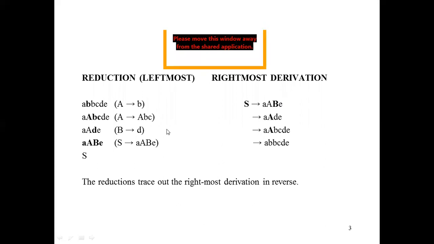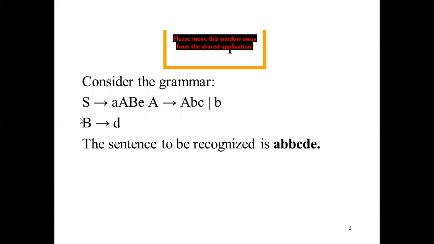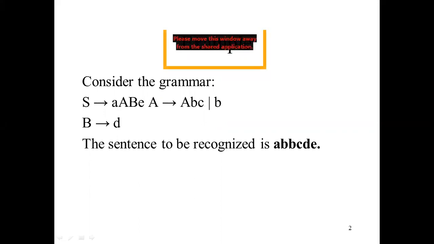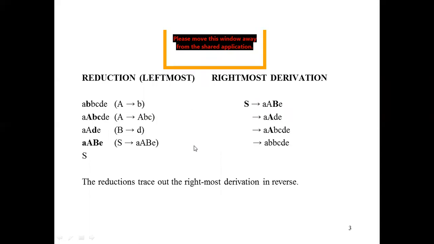You can see for yourself in the problem, it is already given. You can replace B by d as per need. In place of capital A, you can choose either b or capital A B C. So in place of capital A, either you can replace capital A by capital A B C or by b, as per need, as per requirement. So from the grammar, you can choose any value. Now we have this one, and we want to reduce this. Now you can see here how you are going to get this.